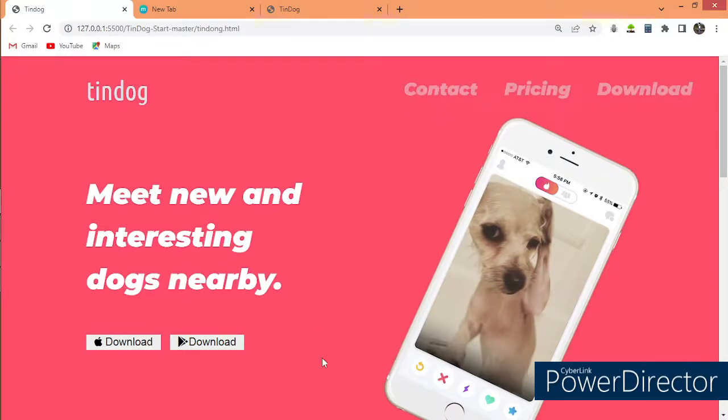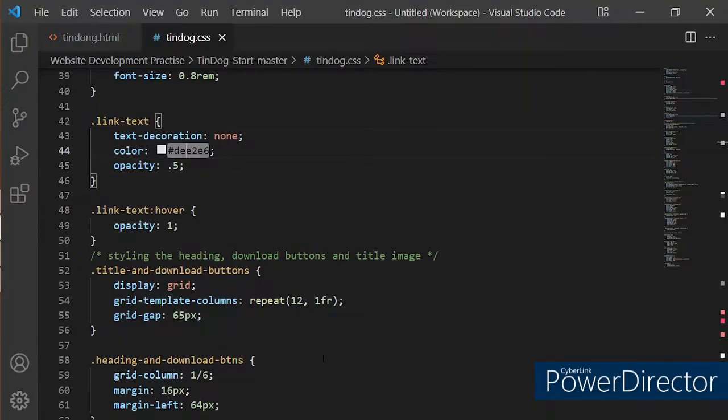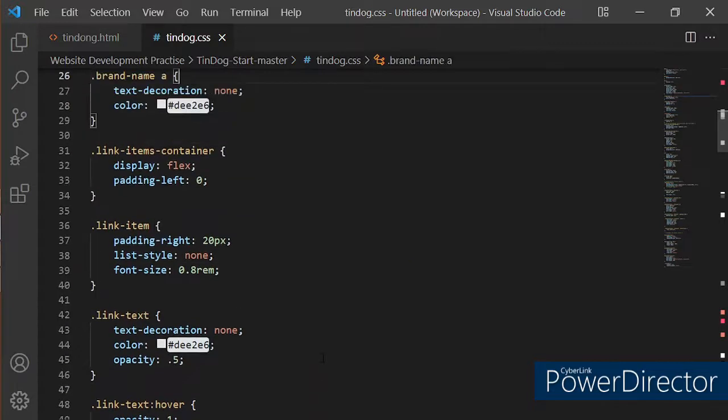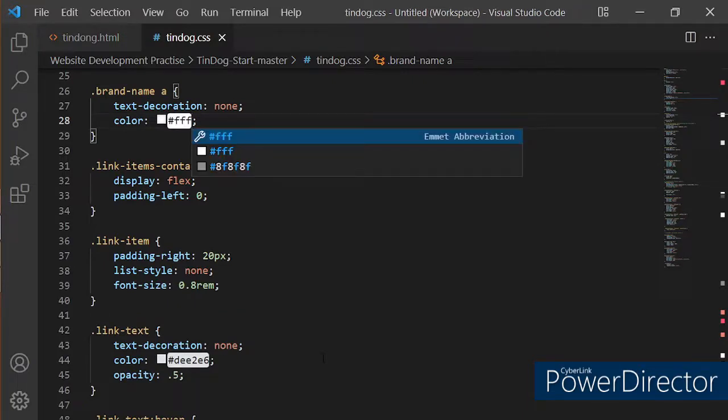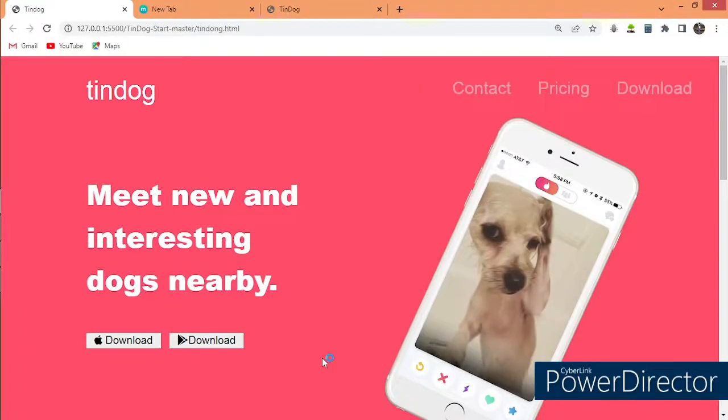Then the next thing I want us to change is our brand name. I don't know where it's going to be. I want us to change the color to white, and I expect it to pop now. That's not bad. It seems our font